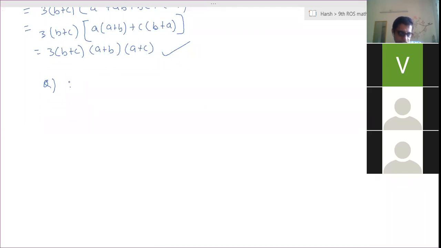And then I wrote, so you can write it as a plus b whole cube plus c cube plus 3 bracket a plus b into c, and then bracket a plus b plus c, minus a cube minus b cube minus c cube. Can you send me the solution? Yeah, I'll send it. Deepika, have you sent the solution? Yes, sir. Okay, I'll check it later.